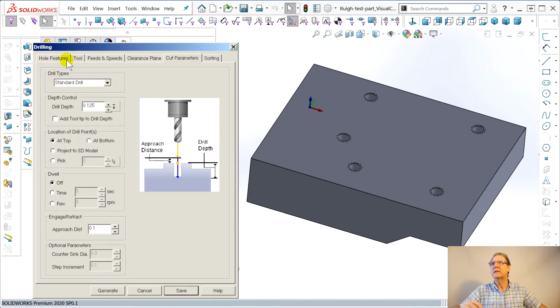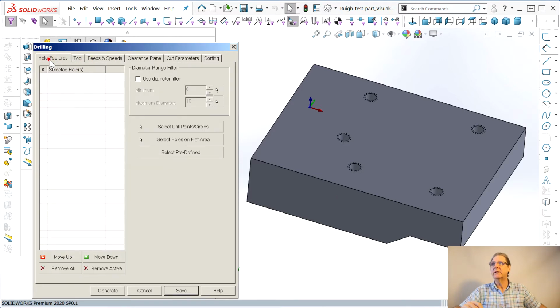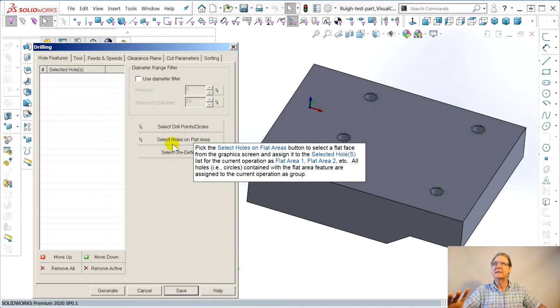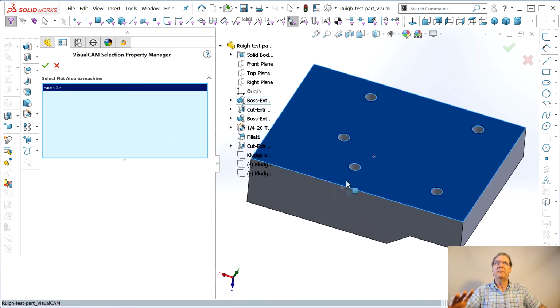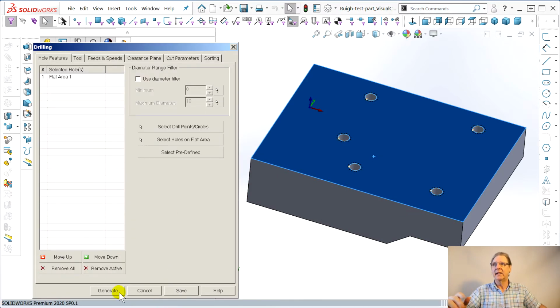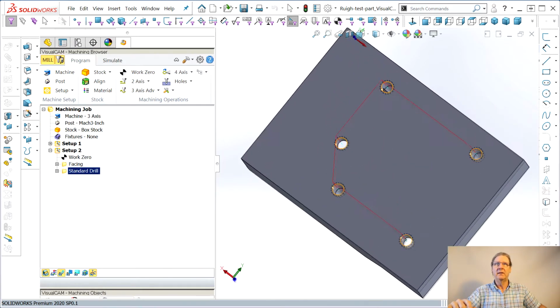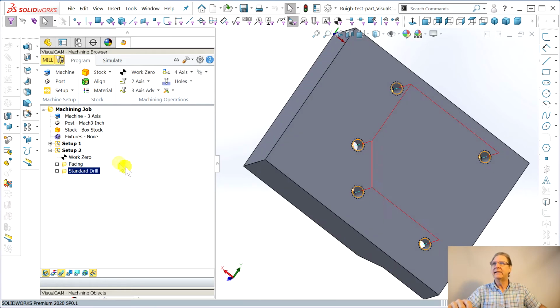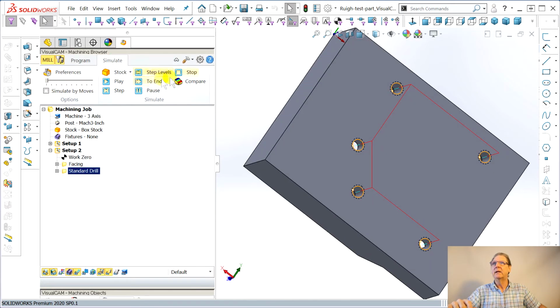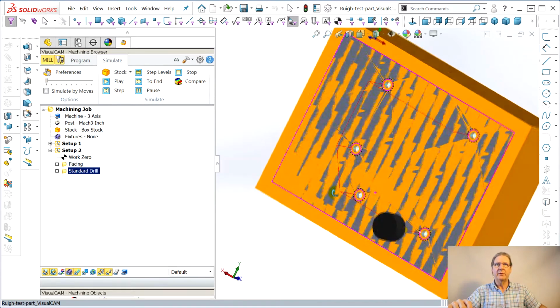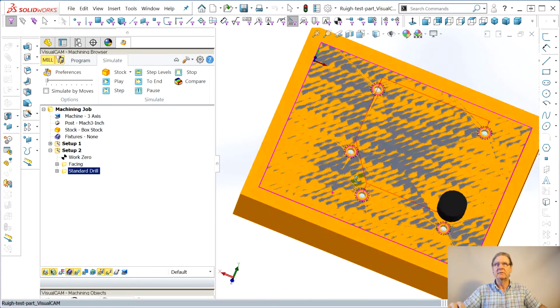But there is no place to do hole geometry here, is there? Hole features. Cut parameters. Okay, they rename things. Select holes on a flat area. Bang, bang. This is nice, right? Generate. Boom. And if I did things right, when we simulate to end, see, they don't go all the way through. Because for a while, it was plunging. What point is having it if you're going to do it that deep? Now, once again, I wish they'd have a few more center